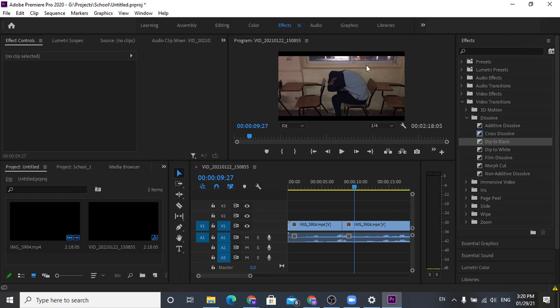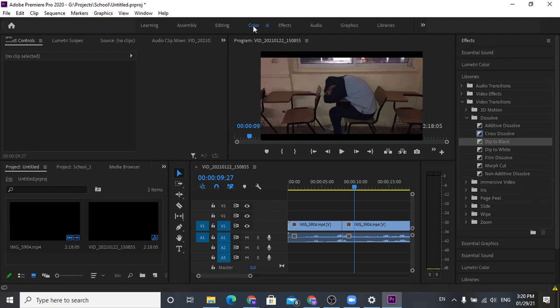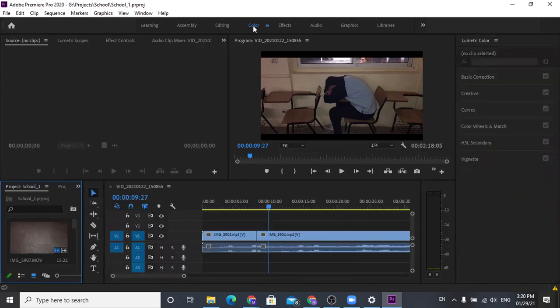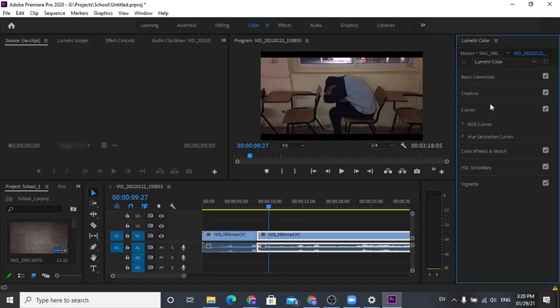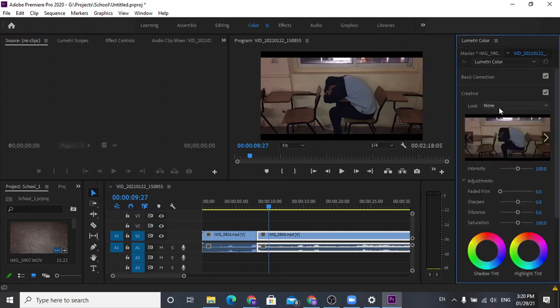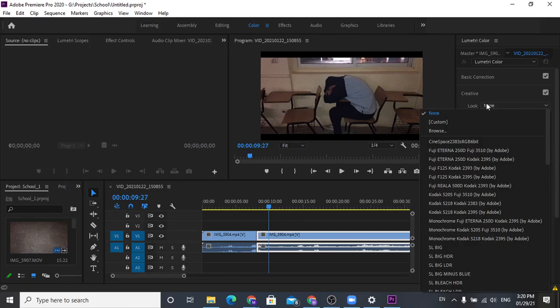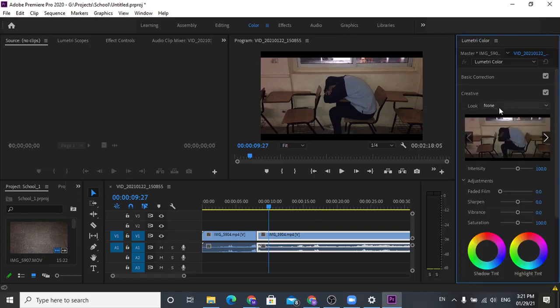Here's a track. Let's open the color workspace. As you can see, it opened. Let's select a clip, and here, as you can see, the basic correction. Here's the creative collection. Here's the look. Under creative, you may click on look, choose browse,